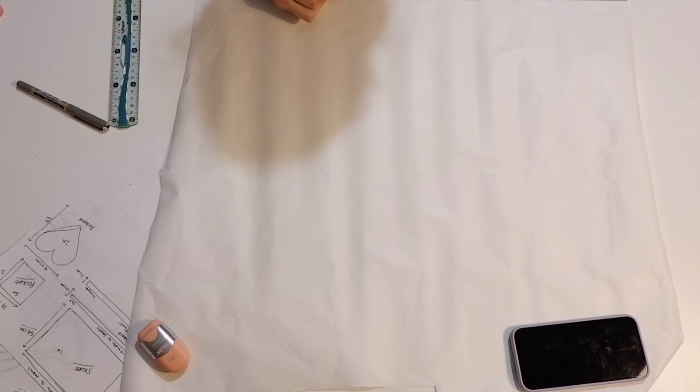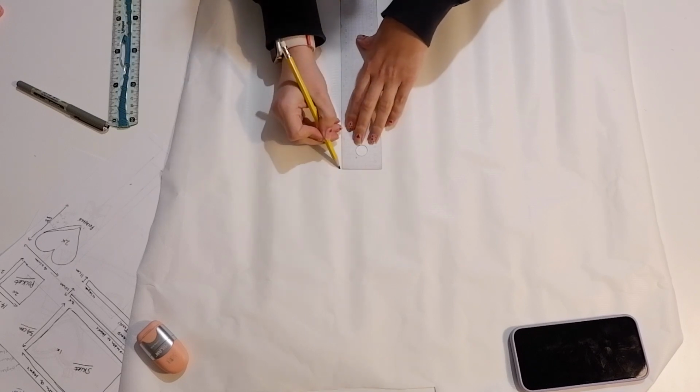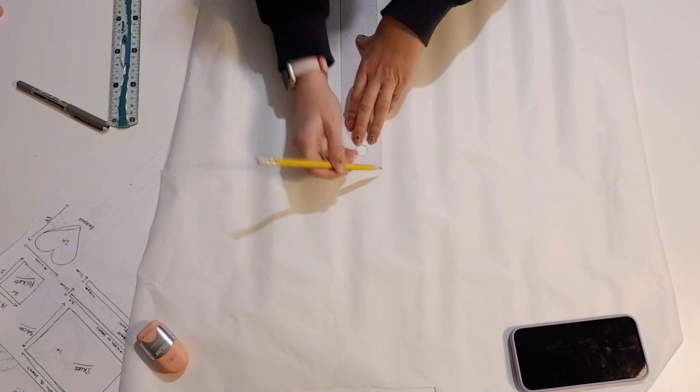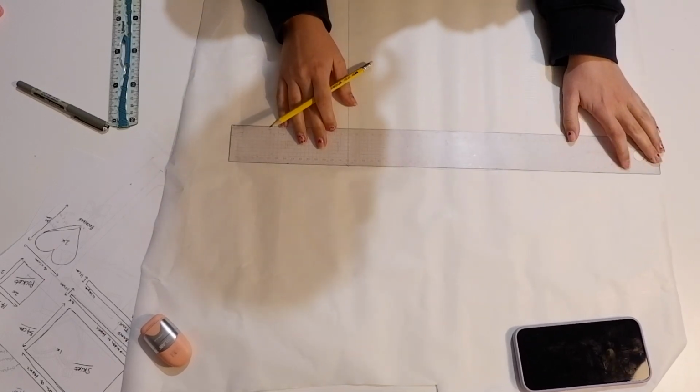Then I got some paper out, and you can use whatever paper you have on hand. You can use regular printer paper, taped together. You can use wrapping paper. You can use proper pattern drafting paper, whatever you have. I have this craft paper that I use for bigger pattern pieces, and it's the end of the roll, so I just want to use it so I can buy more. I mean, I could buy more